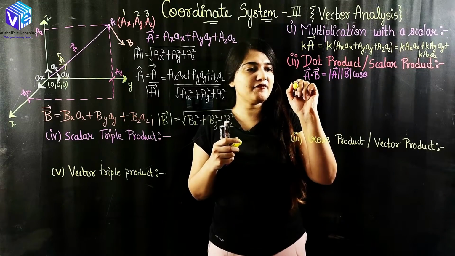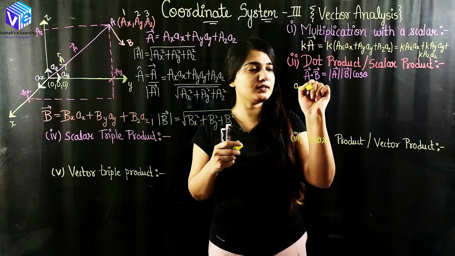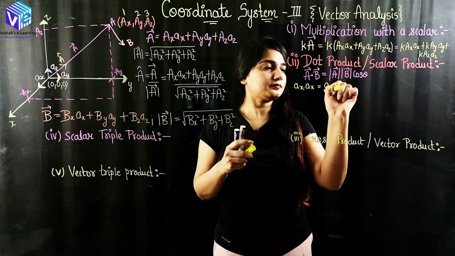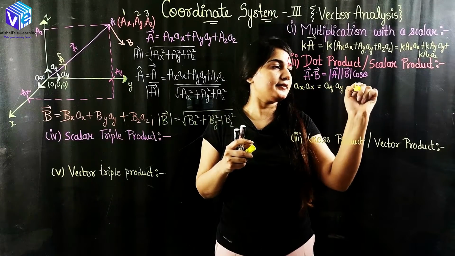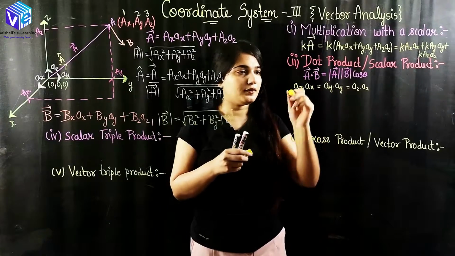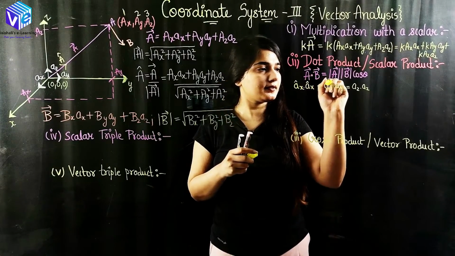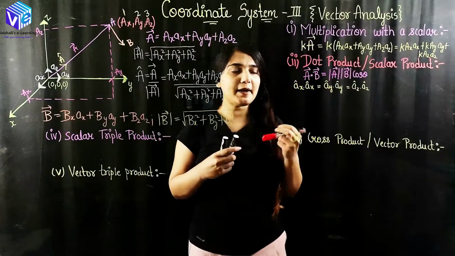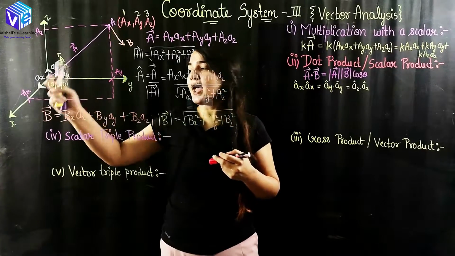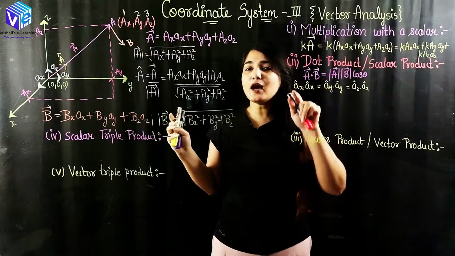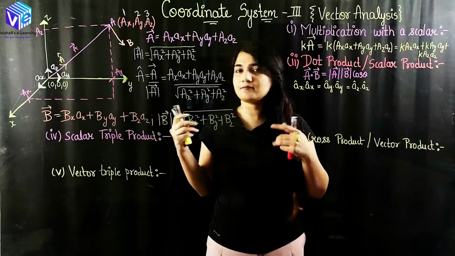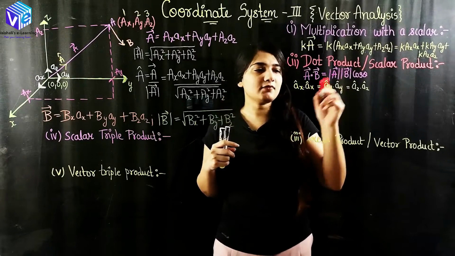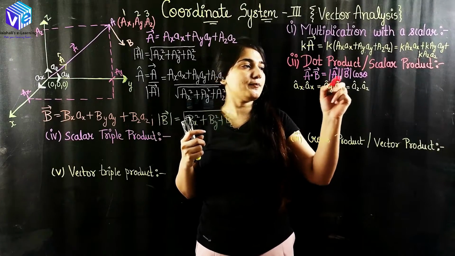First of all I will find out the dot product of ax with ax, and ay with ay, and az with az. Okay, so these are my unit vectors. With the small ax, small ay and small az, I was representing the unit vectors along the x, y and z coordinates. Now what is the magnitude of the ax vector? It is 1. I am already telling you it is a unit vector. So the magnitude of ax is 1, and again here I am multiplying with ax only. So magnitude will be 1.